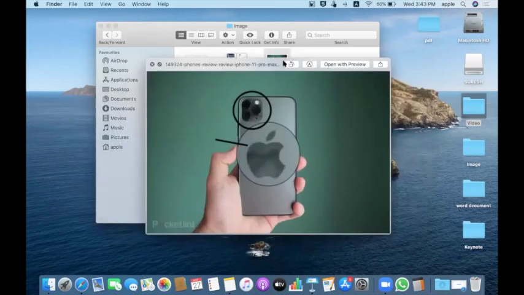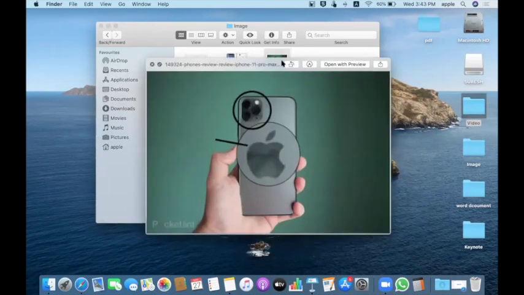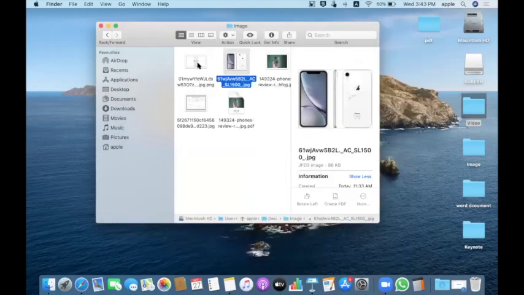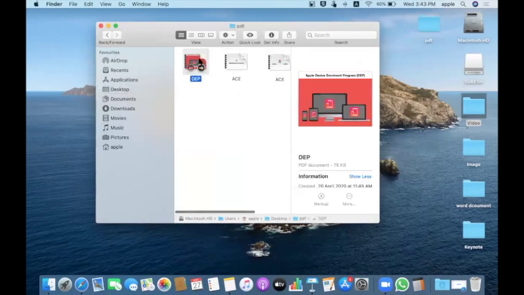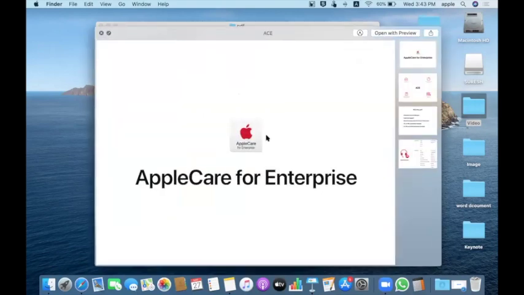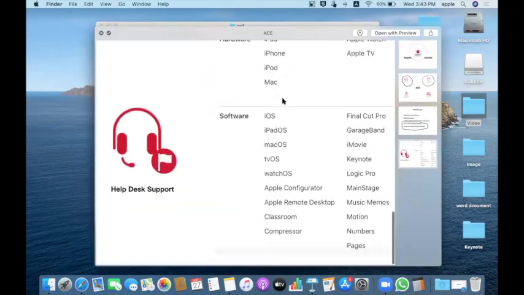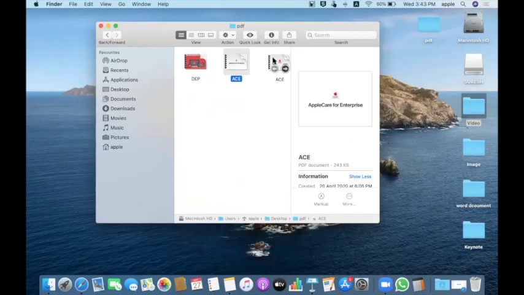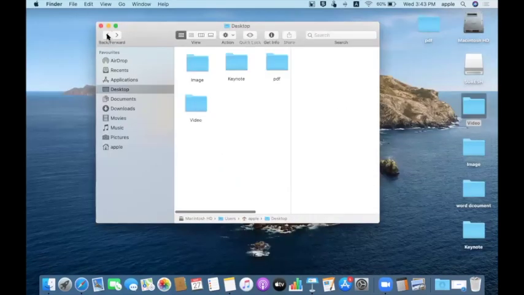You can see. So if you want to preview it, just click on it, hit space, then you will have a preview of it. So without opening that file, you can have a look, and if you're sure that's the file, then you can open it. For example, I have two ACE files actually. I'm not sure which one is which. I'm clicking preview and checking it. Without opening, I came to know this is the exact file. This is some edited file which I don't need. So I can directly open this file. So preview works on PDF, Word documents, presentations, videos, as well as audio.